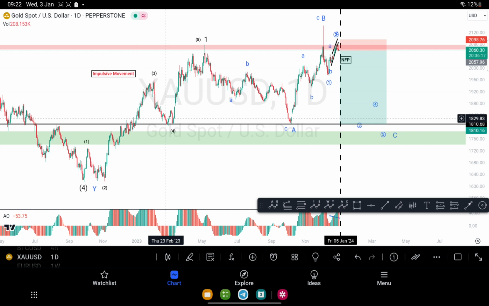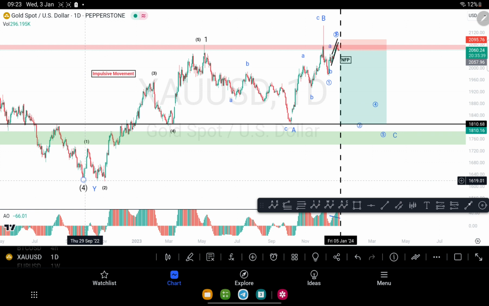So these are the two different types of movement we have in Elliott wave theory, one being impulsive, one being corrective. And how it works is that after every impulsive move comes a corrective move. After the corrective move completes, we start another impulsive move, and once that impulsive move completes, we do another corrective move. Basically, we're just on a loop: impulsive to corrective, corrective to impulsive, impulsive back to corrective, and so forth. So that is basically the general basis of how Elliott wave theory works. Alright, so now let me actually get into the chart.